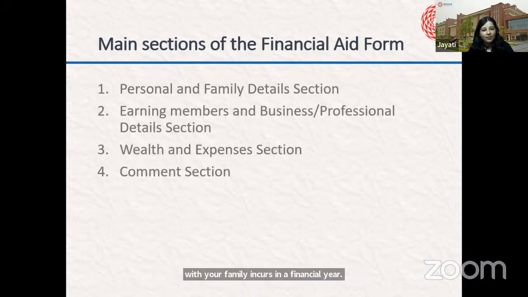And last and the most important section is the comments section. In the comments section, you have a chance to explain why you want to apply for financial aid and any other context which you want to share with us. Suppose one of your family members was earlier working and now they are out of a job, or there was a business and there were some losses, or any kind of medical expenses have been incurred. So any other